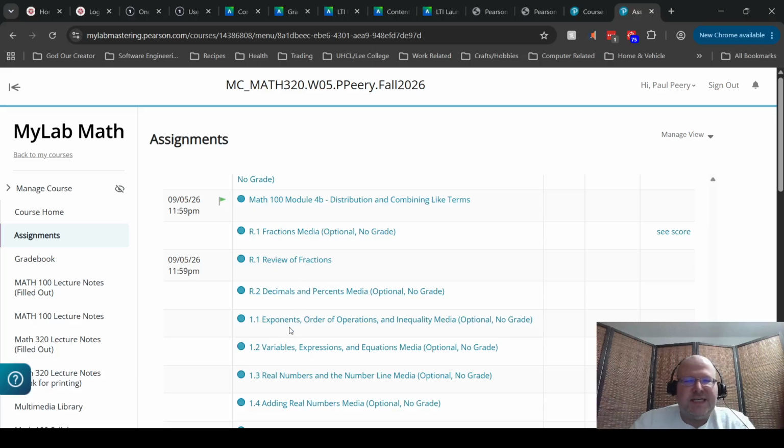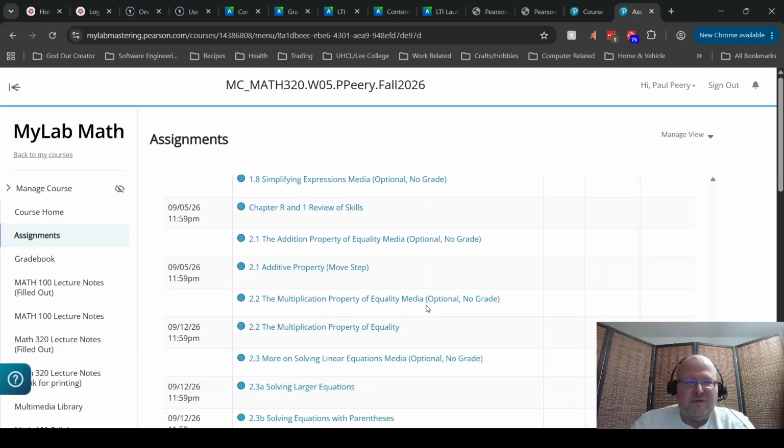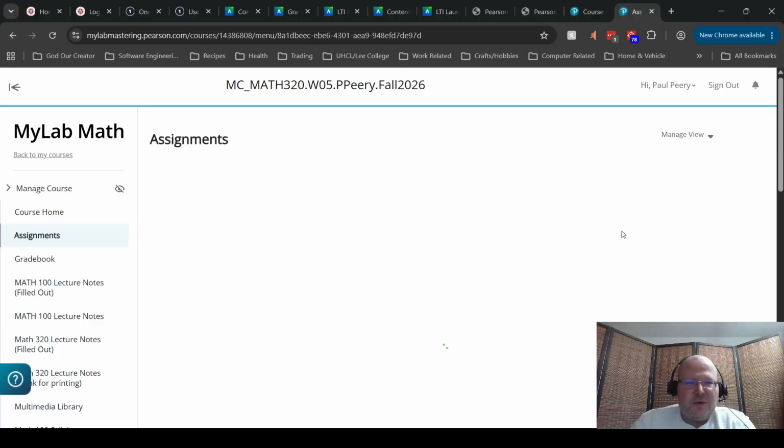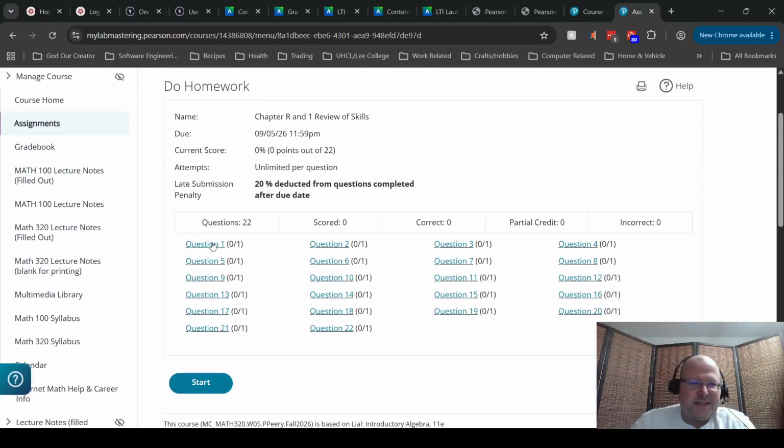And this pattern just keeps on repeating back and forth, back and forth. Now, many of the homework assignments in 320 actually have more student aids. Okay, what I mean by that is,